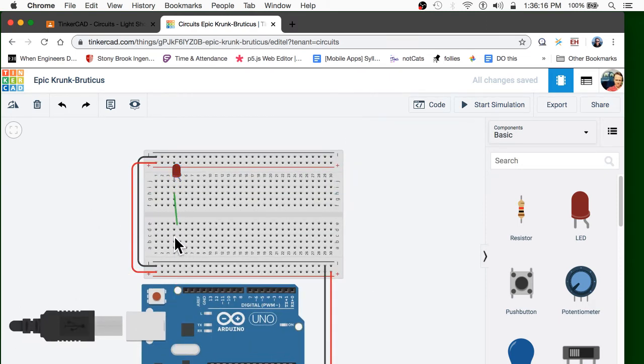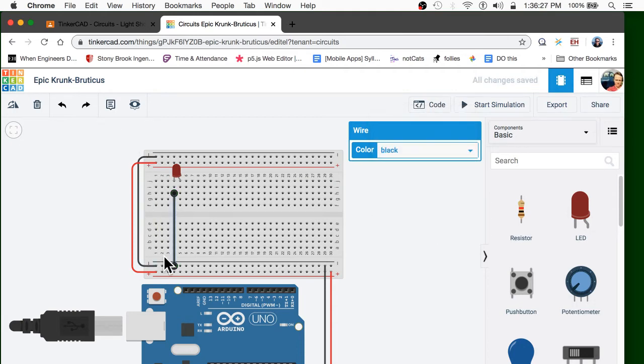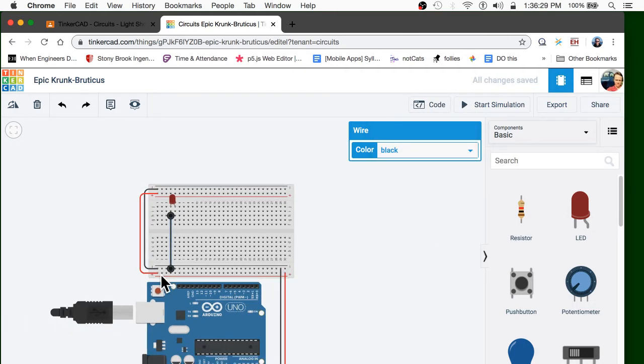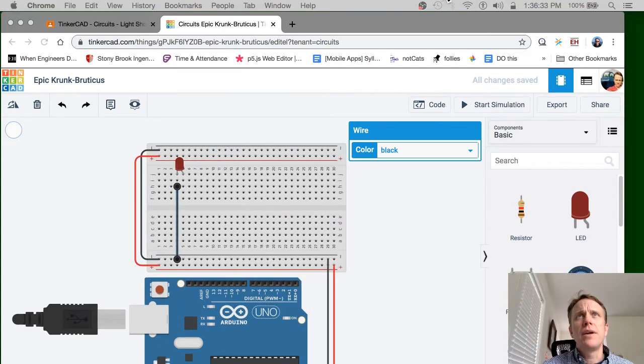And I can, right from here, just go straight across on the short leg. Remember, the short leg's kind of our ground one. So we can use the short leg and make that just be a black wire. So it's going right to the ground for it. And then I could also go in and instead here use the